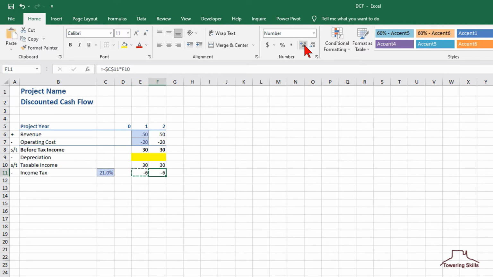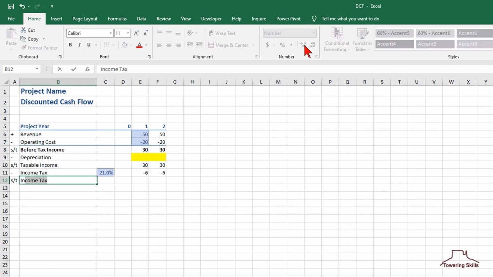Next, we'll add the income after tax in line 12. Since the income after tax is obtained by subtracting the income tax from the taxable income, in cell A12, we'll add the ST abbreviation for subtotal. And in cell B12, we'll add the words income after tax.